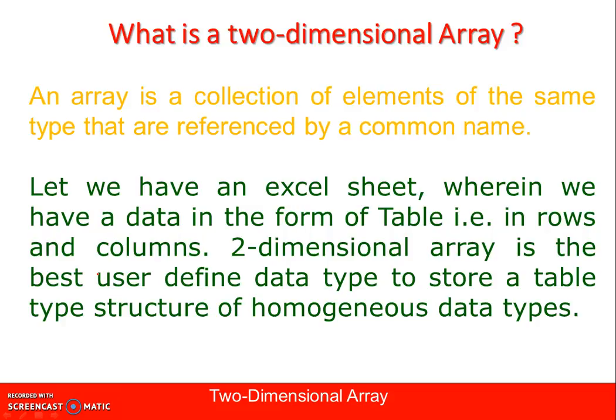It is similar to a single-dimensional array, but here the difference is that let's say we have data which is in table form, that is, in the form of rows and columns, and we want to store the values through C programming. Then what is the criteria to do it? For that, C provides us a two-dimensional array through which we can store our table form data, but the condition here is the data must be of the same data type.